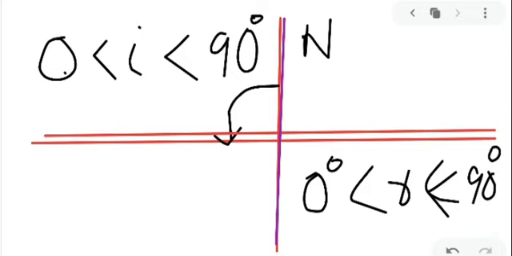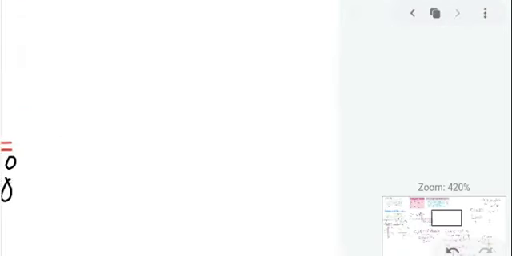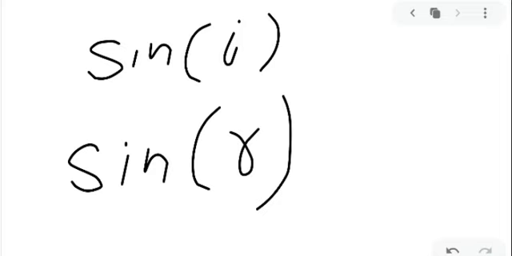So the value which we select for I should be between 90 and 0. For any values of angle theta, we can find their corresponding sine values. So we can find sine of I, provided some I is given, and then we can also find sine of R, the angle of refraction. Once you have found these two values, Snell stated that the ratio between the sine of these two angles,